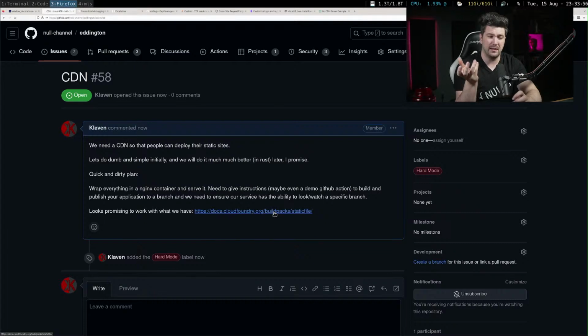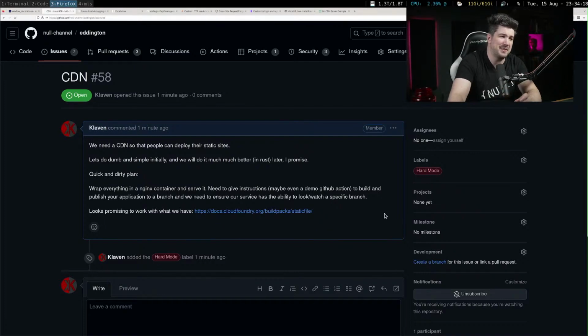And then we take those files and put them in this build pack. Okay, that actually got a little bit more complicated than I was hoping. Never mind. Scratch that one. I'll have to think about step 2 for this.